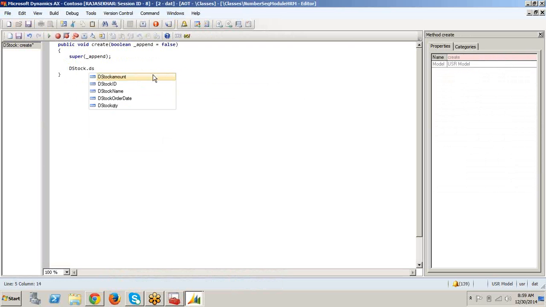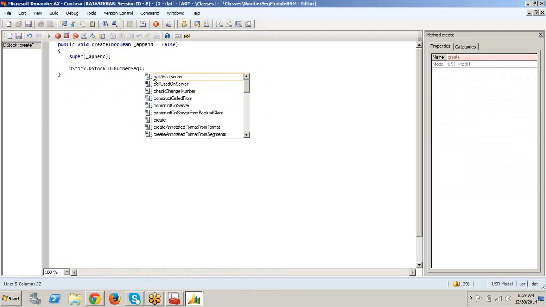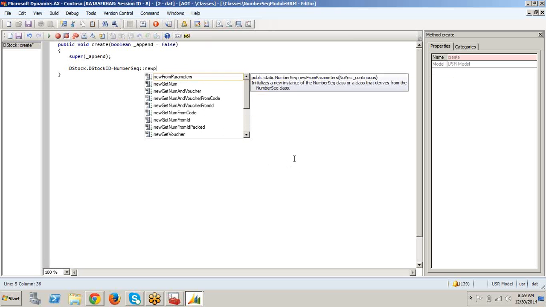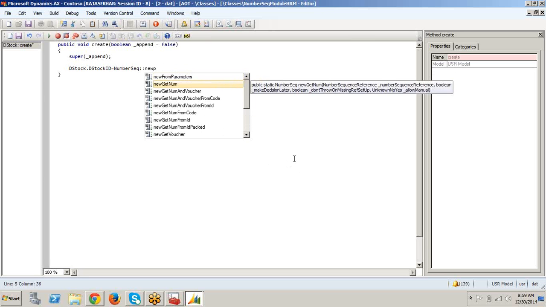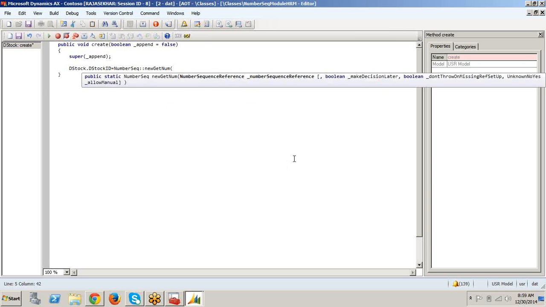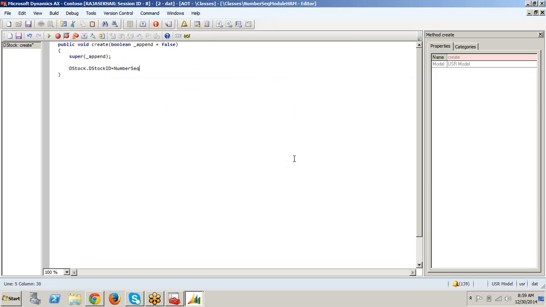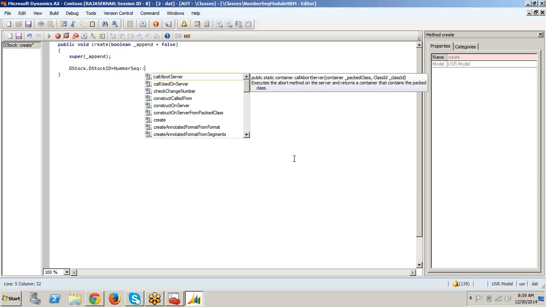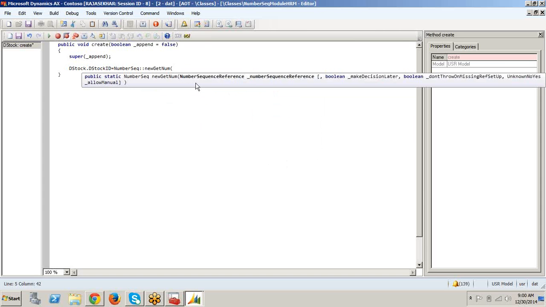dstock.dstockid equal to number sequence new get num of number sequence reference.